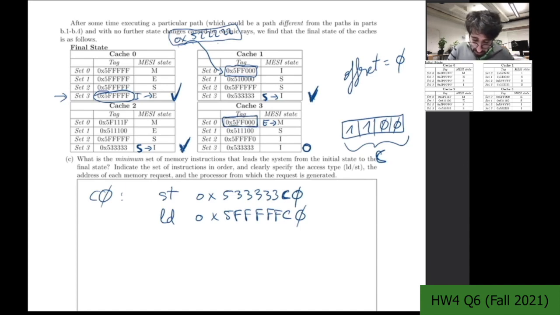But the difference is that the final state in cache 1 is invalid and the final state in cache 3 is modified. So basically, we need to load the line in cache 1 first so we can invalidate it from cache 3. So let's do that. So we have cache 1, we load our cache line